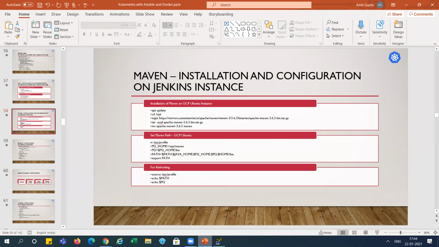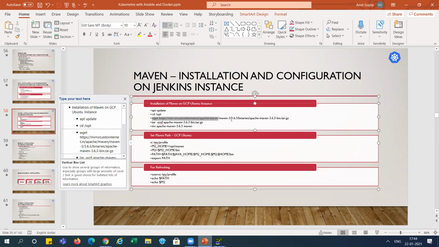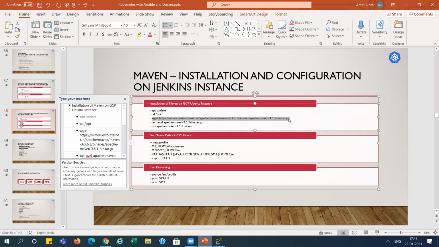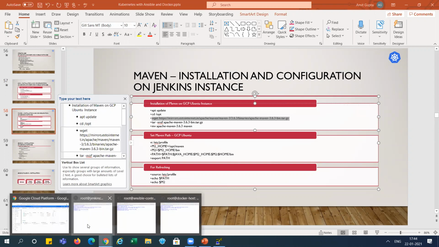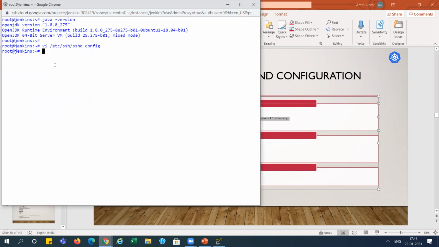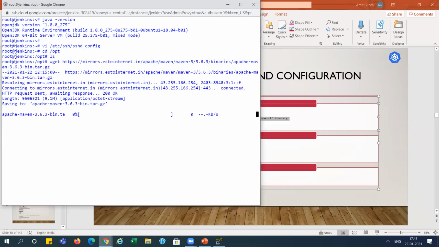Now we need to install Maven on the Jenkins instance, right? So just copying this tar file path and moving to the Jenkins system, right? This is our Jenkins system, the first one. You can see cd opt. I'm moving over here, and you can see nothing is there, right? So I am just taking this.